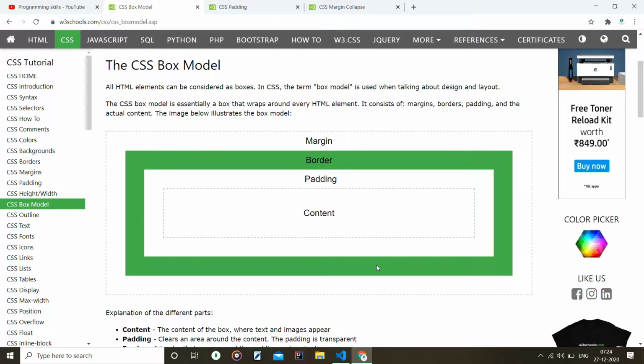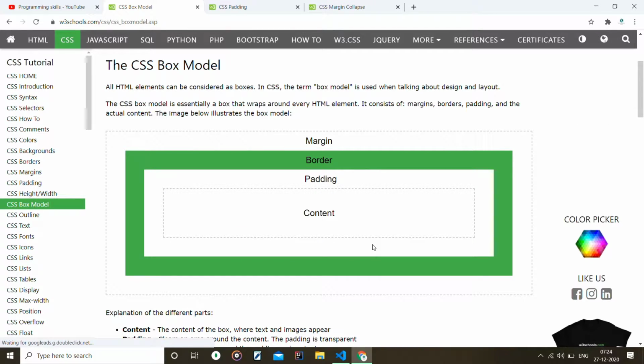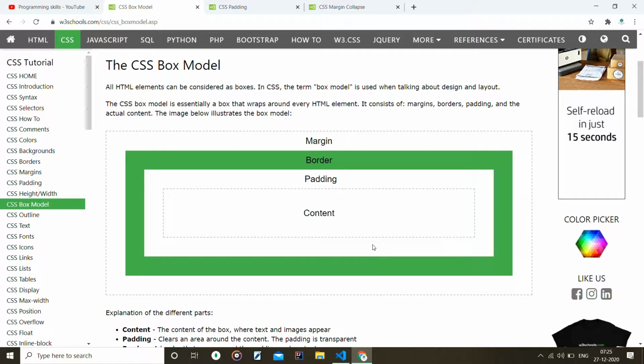If we need to set the padding bottom, we simply use padding bottom. We use rem to set margin and padding. You can also use pixels, but nowadays rem is basically used. In this way you can also write for the left and right side if needed.